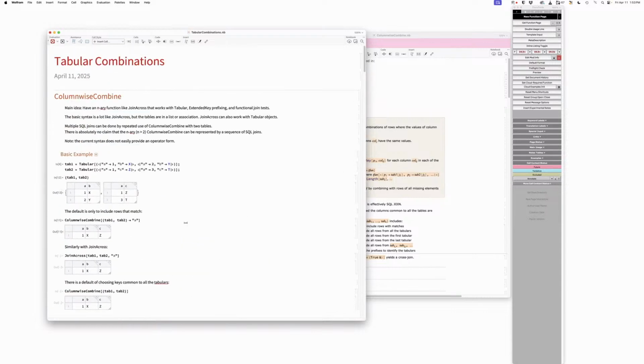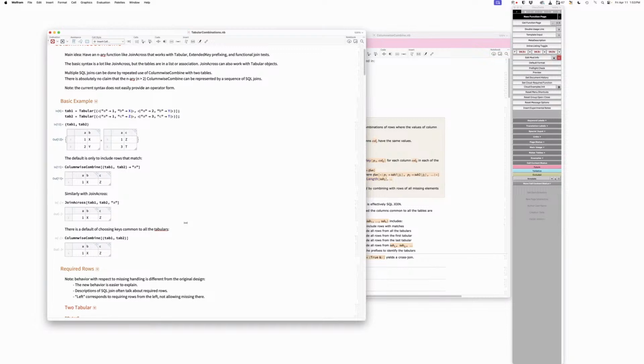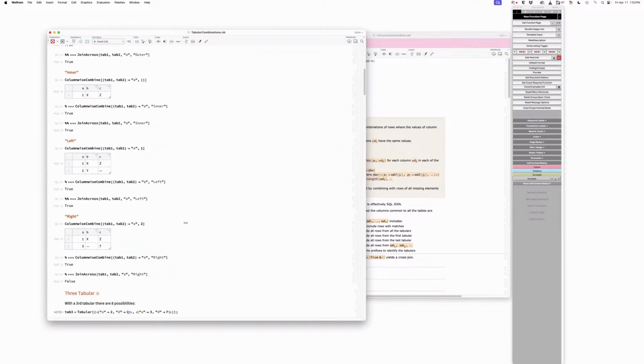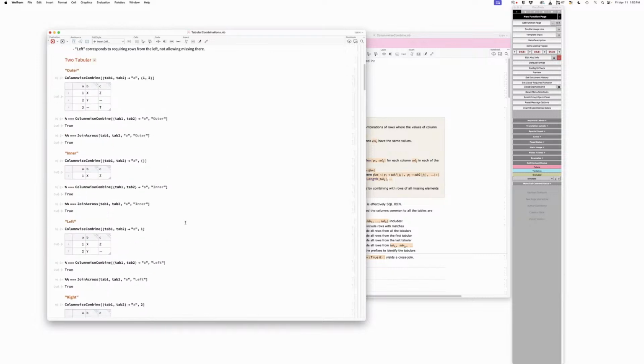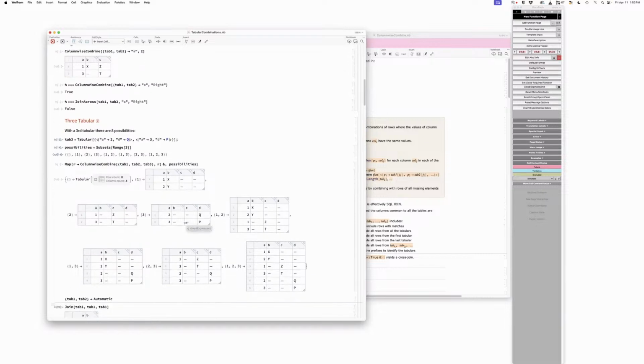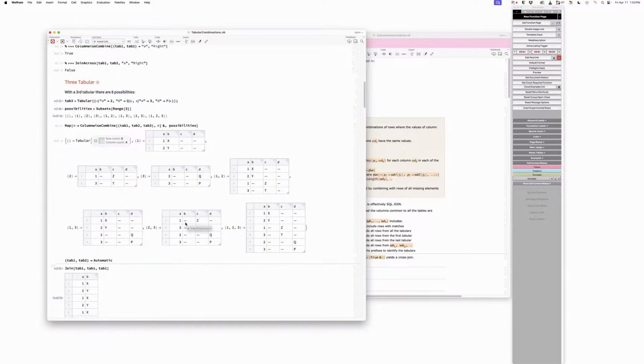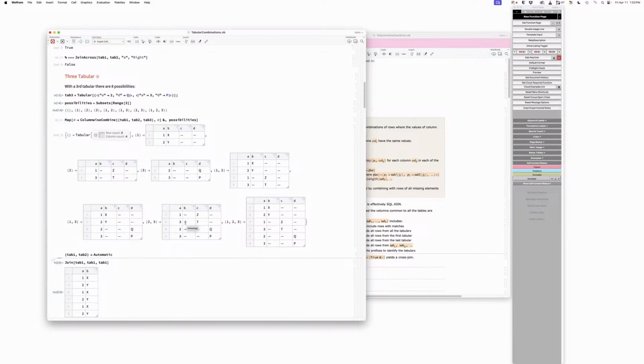So we just require it be a rule or a list of rules. Why is it a list of rules? Well, the list of rules case is where you want it like join across of thing one, thing two, when each table has a column that you want to give, each table has a column which have a different name that you want to join. Or more, right? You can do more than one. Yes, I see. So in other words, we could say join the lowercase name column of this with the